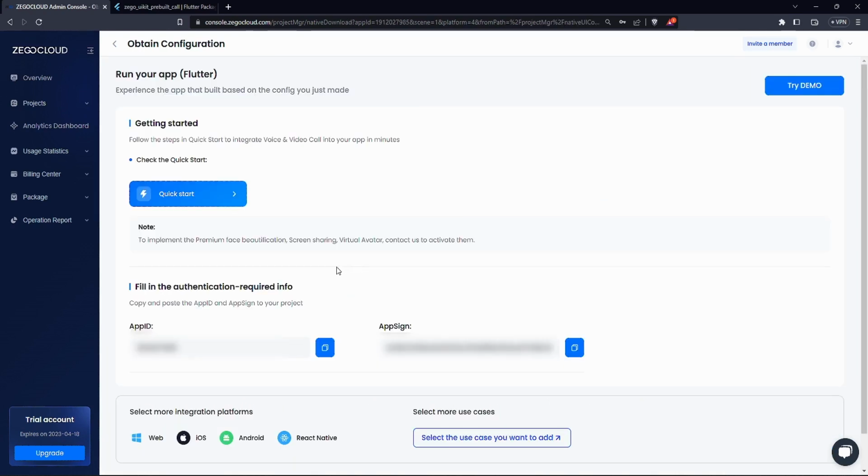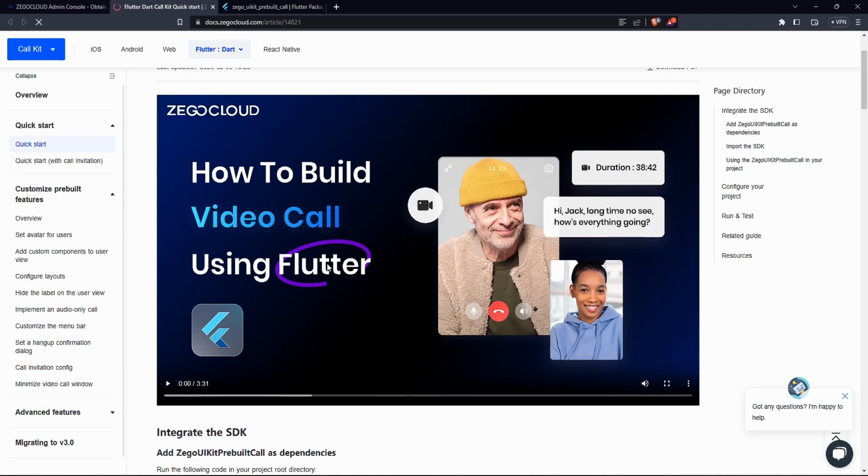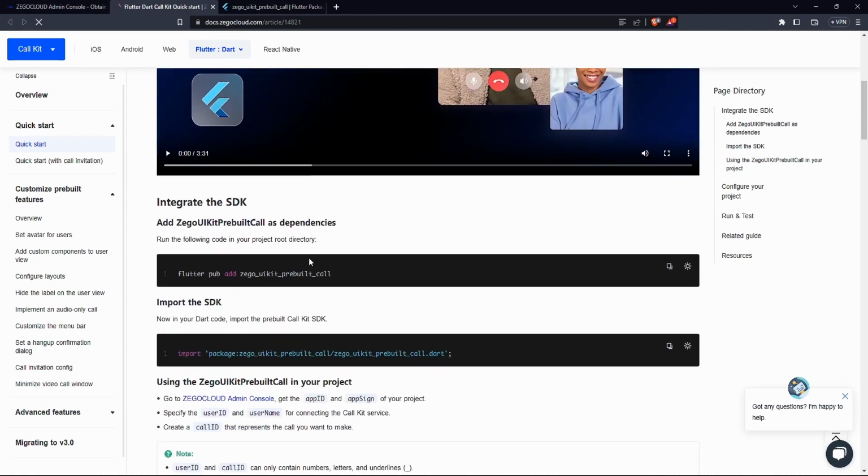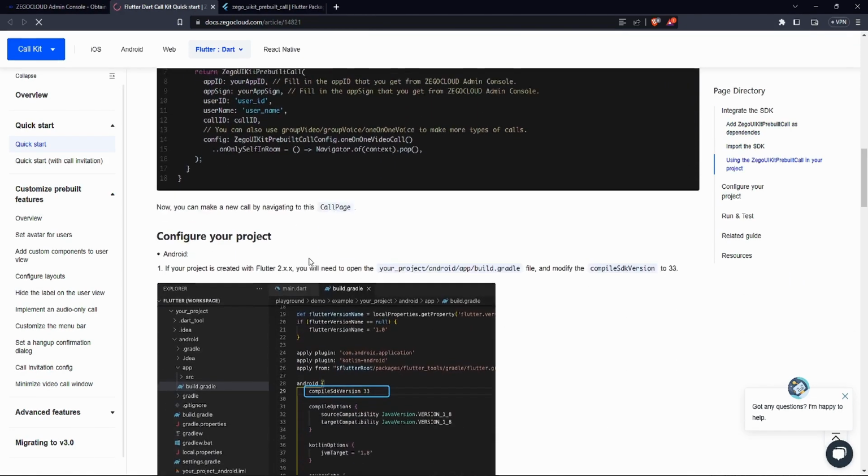Once you're on this screen, we are going to notice that we are given our app ID and our app sign. These are very important as they'll play a big role in setting up our Flutter application to work with ZEGOCLOUD. So we'll be visiting this when we need it. But to get this started, let's simply click on the quick start. Over here, you can see because we selected Flutter, we already have that on us. And then they have a very quick video tutorial that can show you how to get started. And the nice thing is they've documented everything you have to do to get this working,